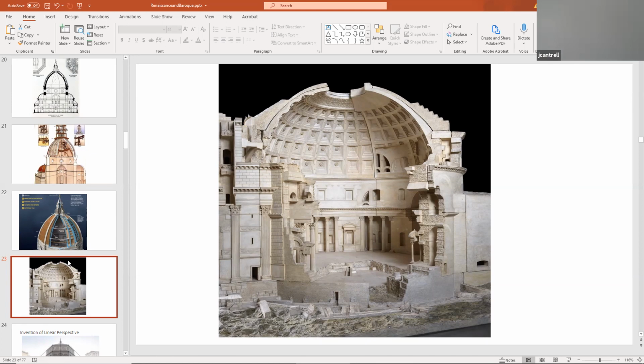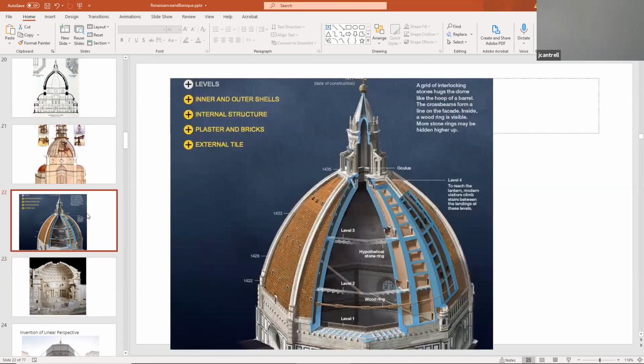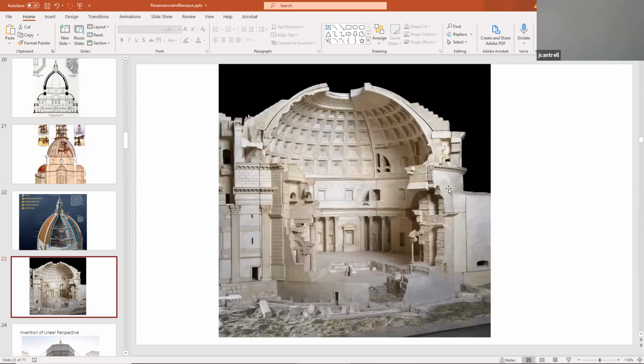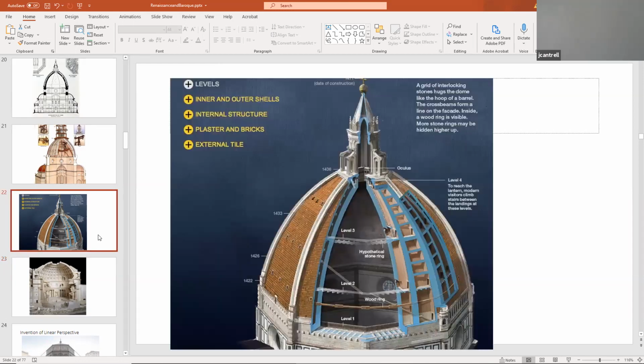You can see how the structure of the weight of the dome is transferred down to the outer walls. Look at all the different system of arches. Those are not arches to be decorative. Those are definitely structural. And I like to just compare that because this is definitely two very severely different types of domes and structure. The Pantheon, of course, is a purely spherical, cylindrical plan and section. Of course, Brunelleschi's dome is faceted and the plan is octagonal.